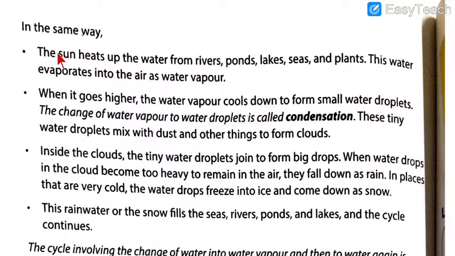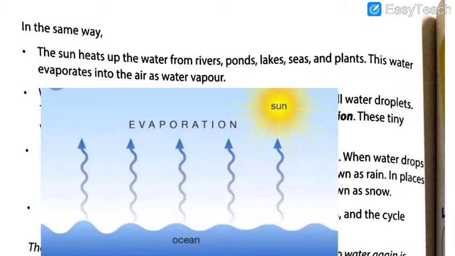Yes. So that is the only reason, because in the rainy season we cannot see sunlight, or the sun is not as much smiling as it does in the summer season. So this is the only reason why it is so. So students, the change of the water to the water vapor is called evaporation. Due to the process of evaporation, your clothes get dry.